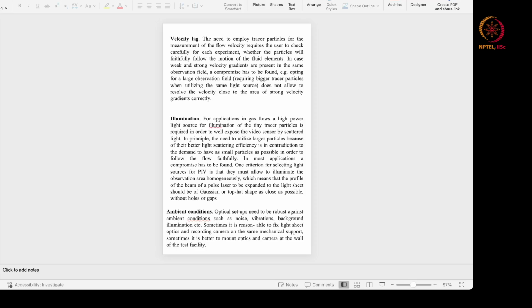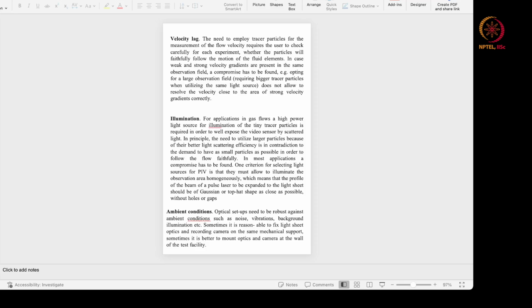In principle, there is a need to use larger particles because of their better scattering, but this is in contradiction to the demand to have small particles because they have to follow the flow field. As we know, the smaller the particles, this is intuition, smaller particles should be able to follow the flow field faithfully. Now, in most applications, you need to arrive at a compromise. Okay? So the compromise is